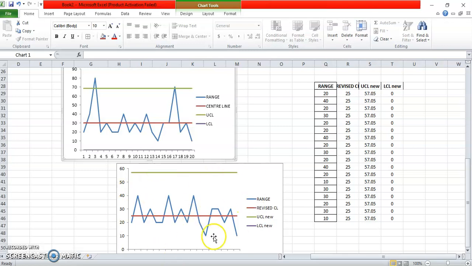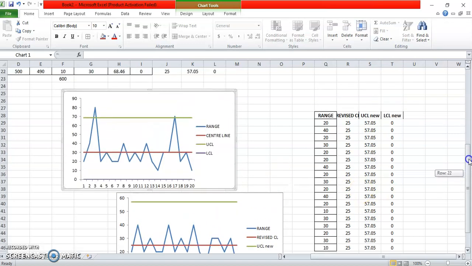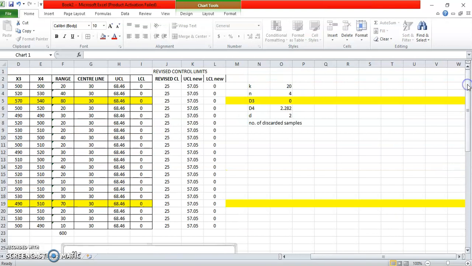Now you can see very well those 2 points which were exceeding the upper control limit are removed. What we basically did was identify those points and then remove them. We took corrective action to eliminate them. So from this I hope it is very clear to you how to prepare a revised R bar chart.